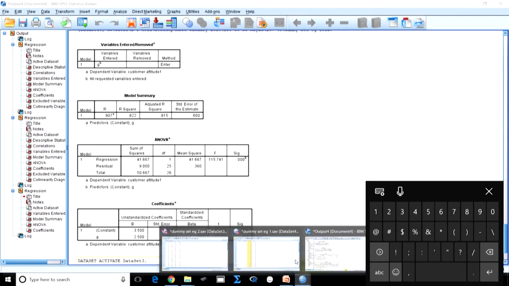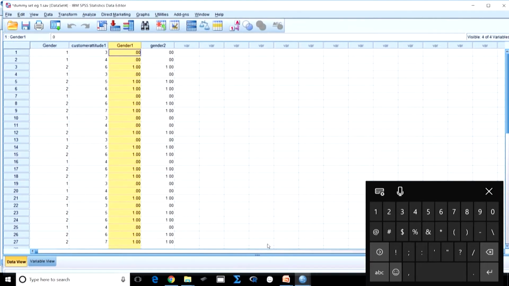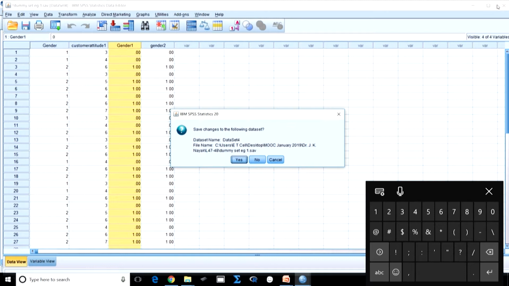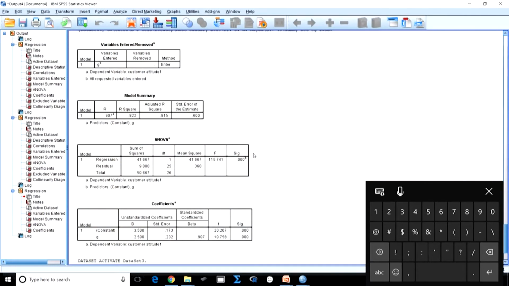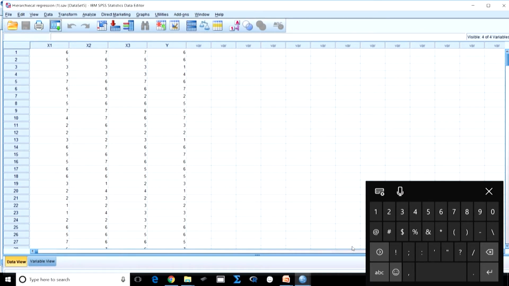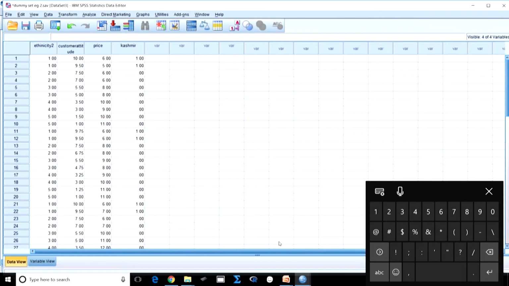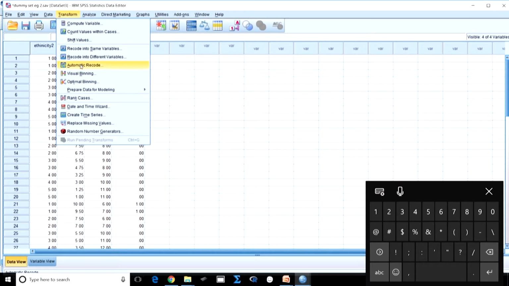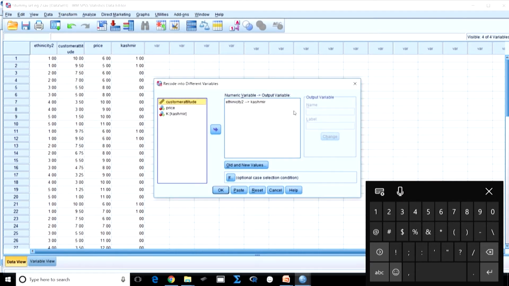If you go to the file, you see the Kashmir label has been created for Kashmir. Similarly, again we will do it for Bengalis.